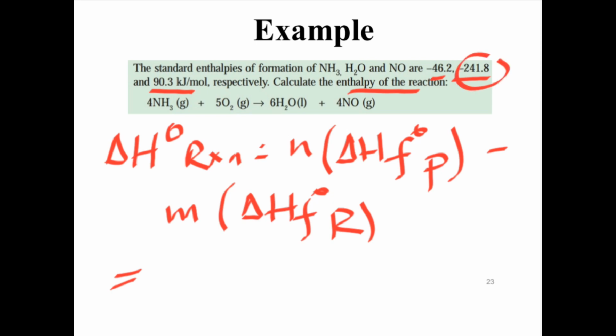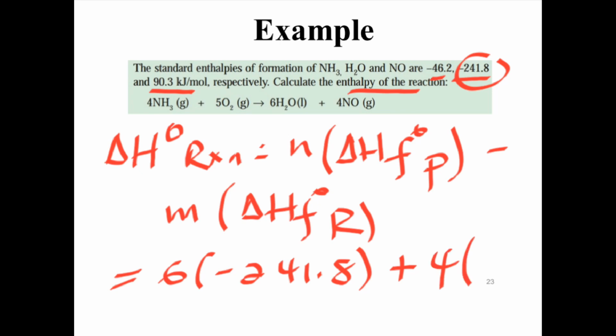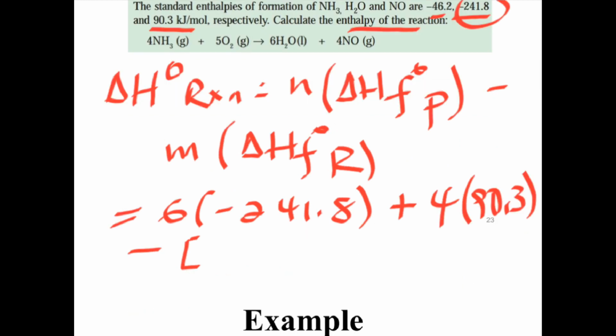minus እዚህ ጋር አለ። ስለዚህ 6 times minus 8 plus 4 moles of nitrogen monoxide 90.3 minus የአሞኒያ standard enthalpy of formation ስንት ነው? 4 ሞል አለኝ times minus 46.2 plus 5 times the standard enthalpy of formation of oxygen 0 ነው ማለት የኦክሲጅን